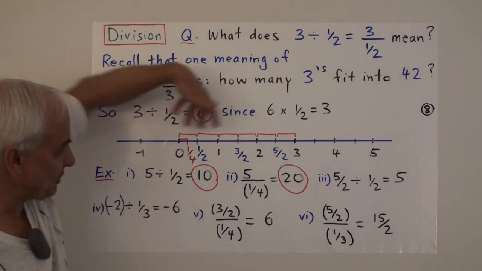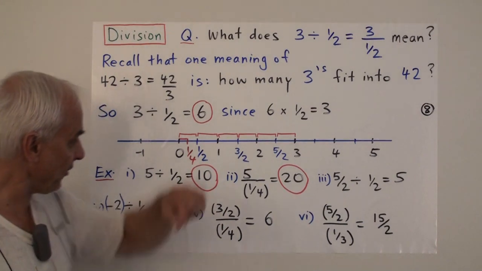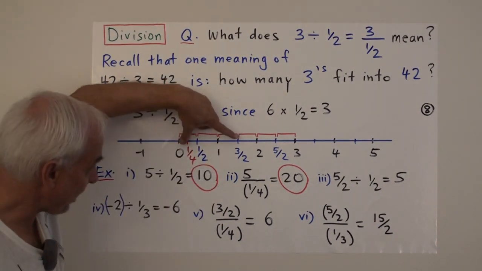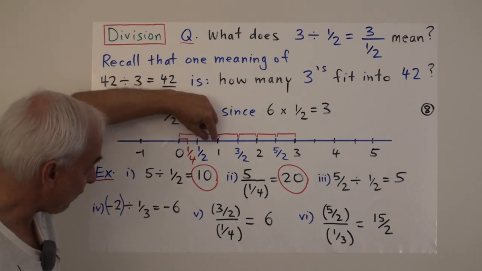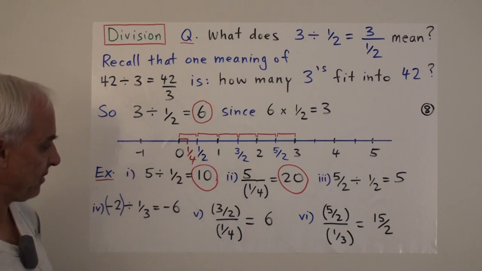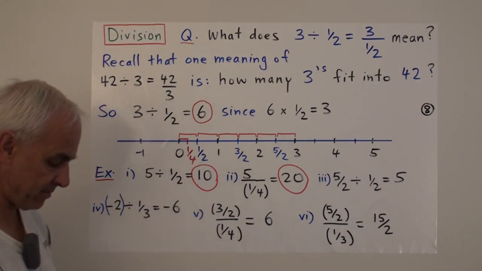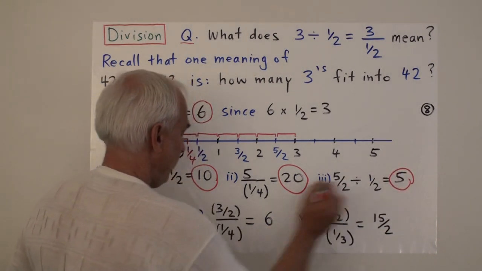So you can see it's quite useful to think in terms of a number line, because we can just think about adding little segments. Here's a quarter. We're asking how many quarters fit into 3 halves. Well, let's count them. 1, 2, 3, 4, 5, 6. So we can count 3 halves over 1 quarter is 6. Let's circle these ones.